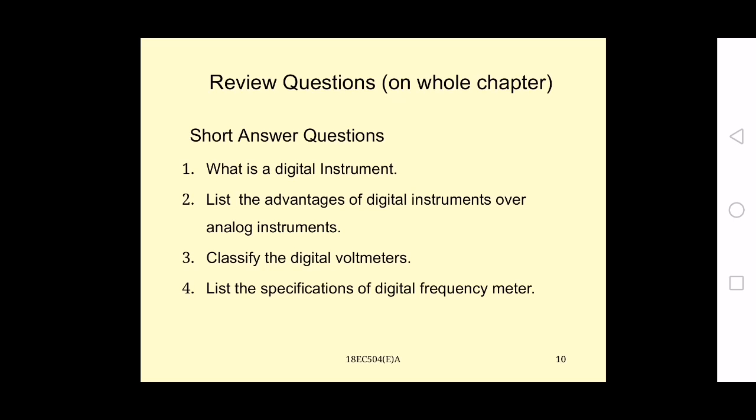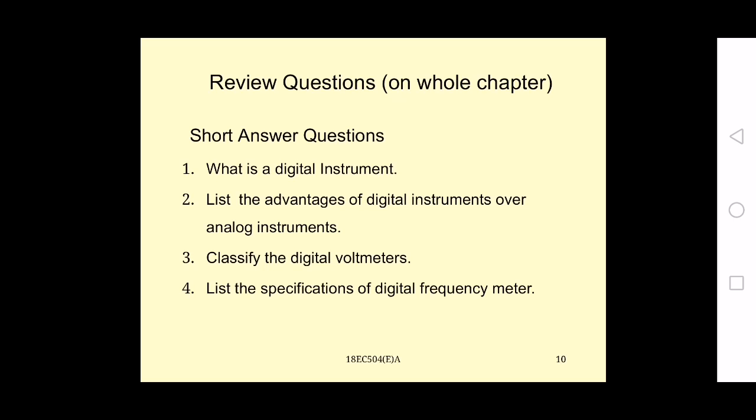On that, again the principle is, you are taking a simple AND gate. One input is your unknown input, whose frequency you want to measure. Another input is your 1 second pulse. During that 1 second pulse, the number of trigger pulses counted on the unknown input will directly give the measurement of the unknown frequency of the input signal.